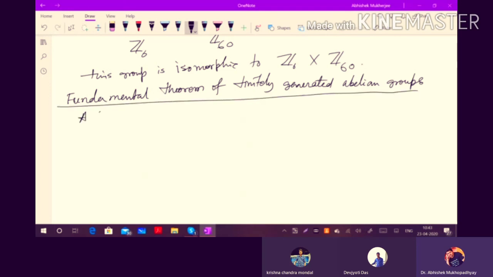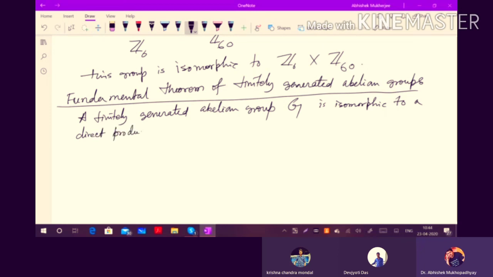That is, a finitely generated abelian group G is isomorphic to a direct product of cyclic groups such that